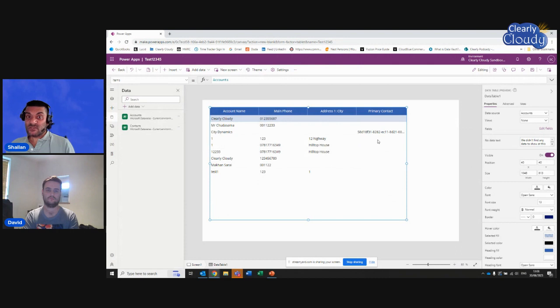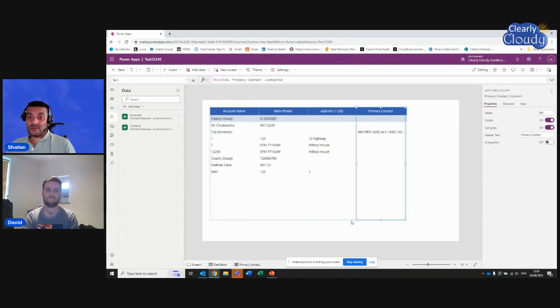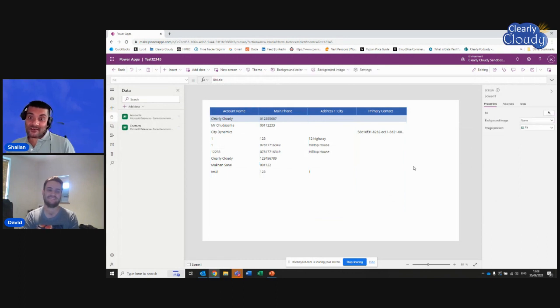There's some contact information as well because there was a relationship, but it's connected to the accounts information within Dataverse. And there's kind of my first, I'd say great form, but anyway, I know you like it, David. So there's our first form, right? It's just a grid, and it's a grid showing this. Now, if you want to add buttons to do things, and you add some colors and branding, yes, you can